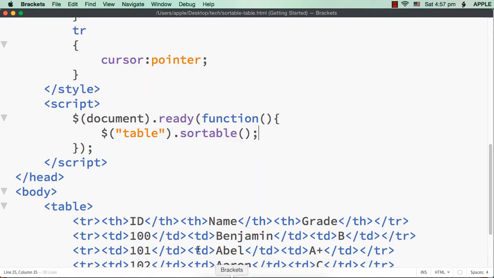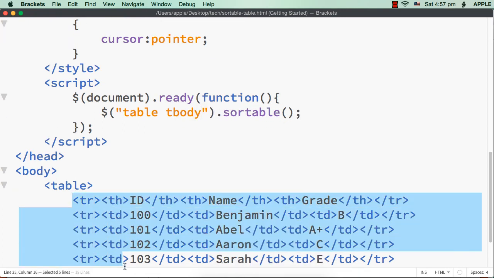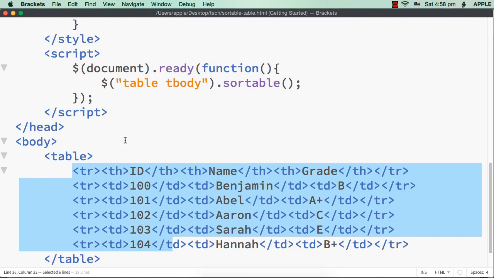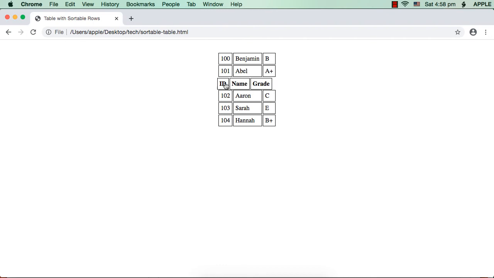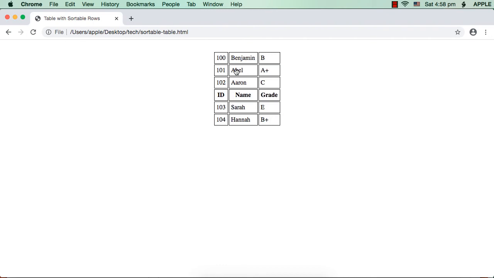So what we need to do is that we have to specify table tbody or thead as sortable. Suppose I specify table tbody as sortable. What will happen? Now all these elements are added within tbody. As we haven't specified separate thead or tbody tags, all these rows are now within this tbody element. Let me show you. Let me save this. See, I can even sort the heading section. I can sort the rows, but along with that, even this heading is getting sorted.